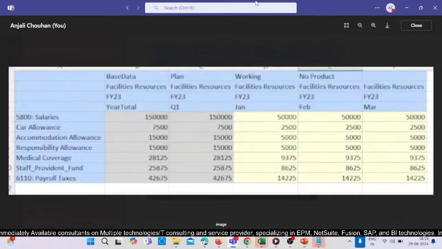But here for the sake of testing I have used directly the financial year 23 and 24, and then you can see I have calculated the salaries, car allowance, accommodation allowance, responsibility, medical coverage, staff provident fund and payroll taxes. So on the basis of salary everything is going to be calculated. Okay,